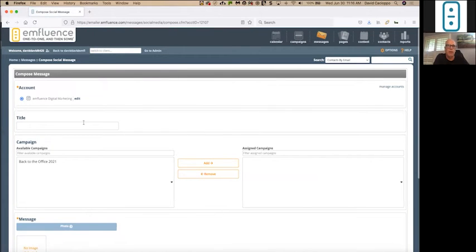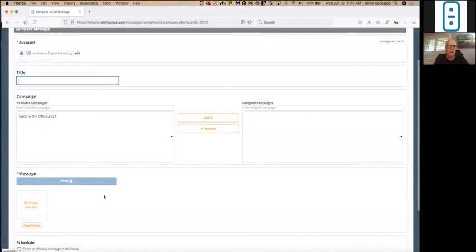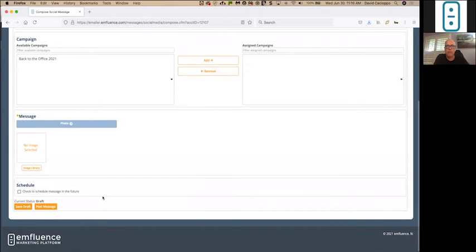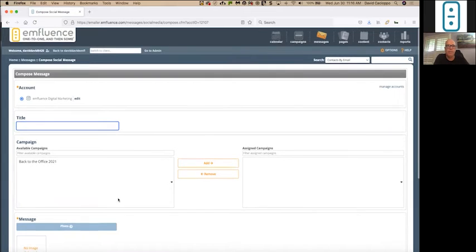So you're going to do it just like you do with any other campaign. Give it an internal title, assign it to campaigns if you want, and then create your message and schedule that message if you want to schedule that message. Also save it as a draft. It took a long time for us, and every other provider essentially, to get the capacity to do that. But once we got it, we very quickly moved and rolled that out. So I hope you get a chance to go in and connect your accounts and start using that whenever you're ready.